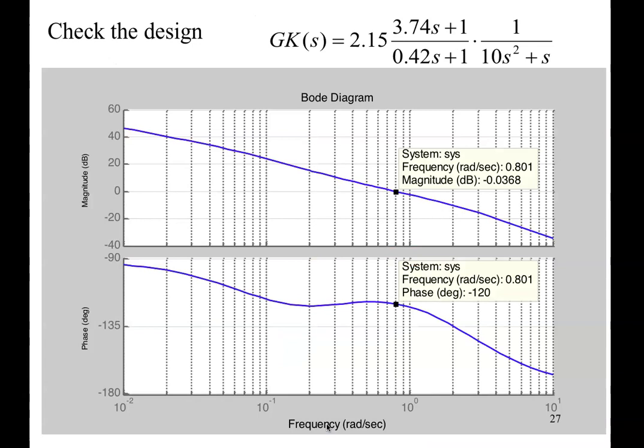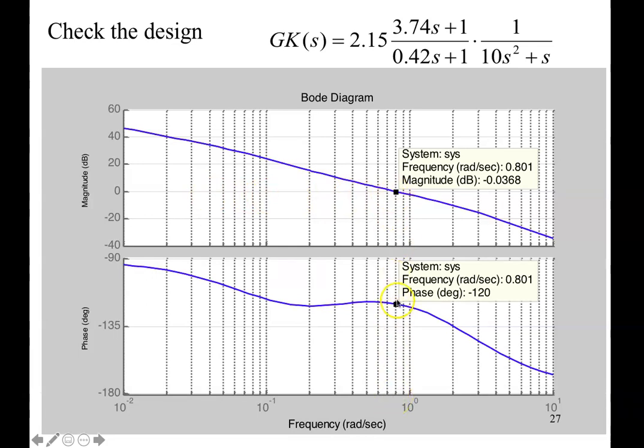Next thing, if you have access to the computer, I can check my design. This is the transfer function of the plant, the GS. This is what I just designed. So I multiply the two together, G times K, and I go to MATLAB. Ask MATLAB to do the Bode plots for me for the G times K. Not just G alone, or the K alone. And I get this. If you go across there, 0 dB, I get